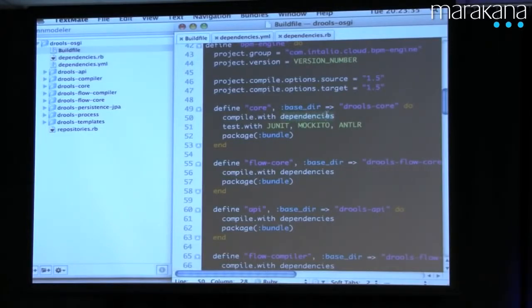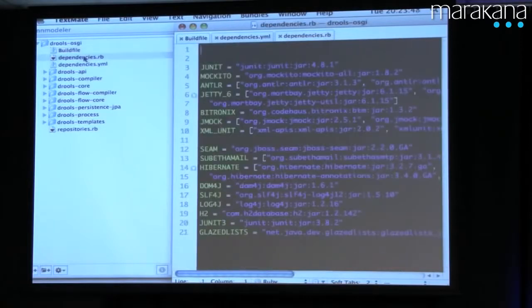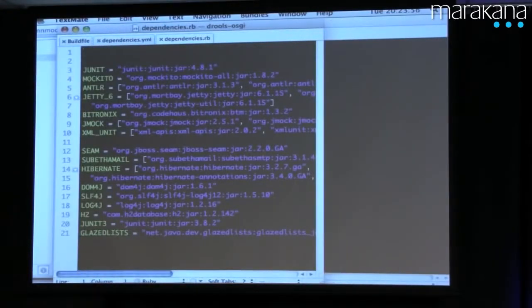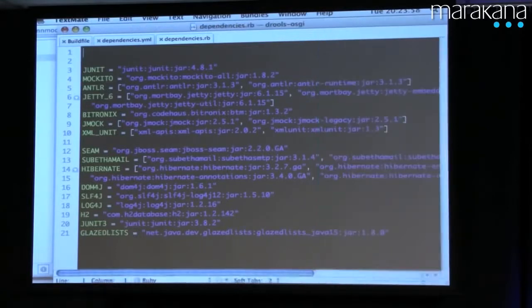And we're shielding you from having all your dependencies in there. We're going to move them to different files. And when you test, you can exactly tell what you're going to test with. So your test dependencies, for example, are located in that file. As you can see, it's just a set of strings. It's very maintainable. And if you have more than one thing at a time, you can put them in arrays. Well, we'll sort it out for you. No worries.